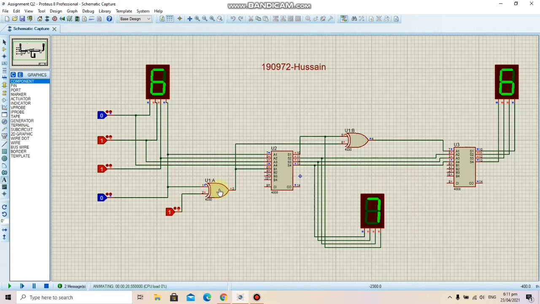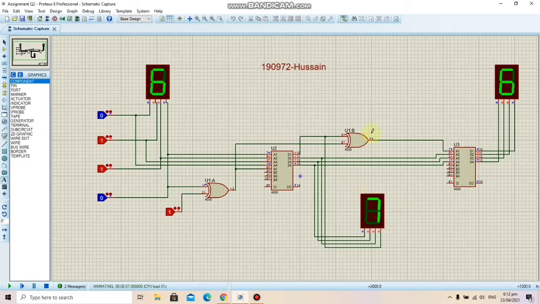If the input given by the user is even, the least significant bit will be 0, and 1 is constant at the XOR gate input, so 1 and 0 will give us 1, because XOR gives 1 when there are two different inputs. When it gives 1, I am simply adding that 1 to the input using the 4-bit adder. My input 1 is the binary number the user has entered, and the output of the XOR gate is my second operand. These two are added, and I am getting an output of 7 here.